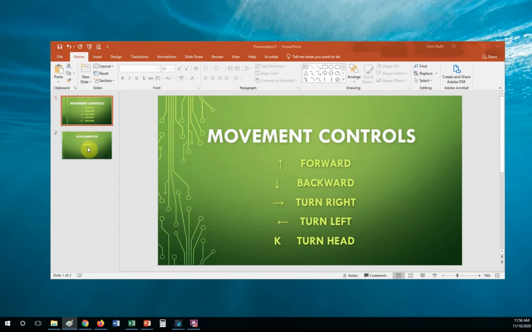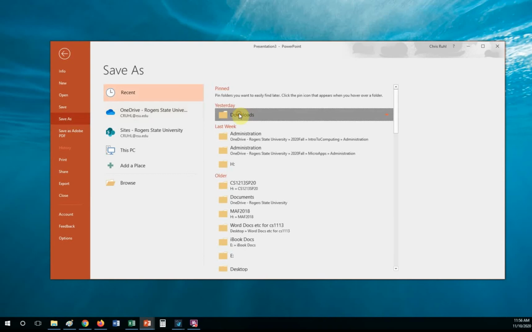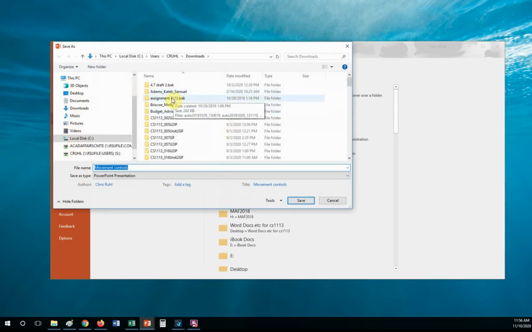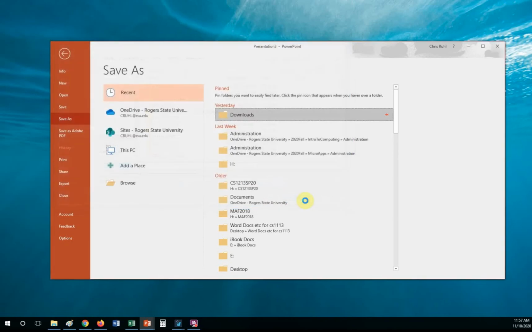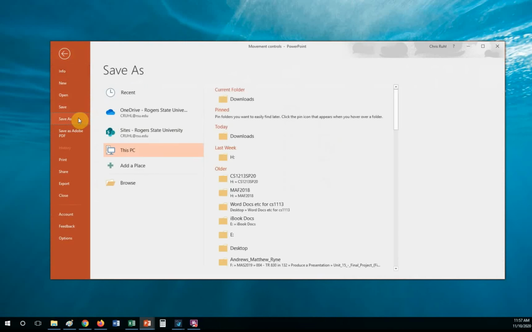I've got two slides. I've got the movement controls selected right now, and I'm going to do a File, Save As, and I'm going to call it Movement Controls. I've already saved it, so it's going to tell me, nope, it didn't. Oh, because I saved it as a PowerPoint. This is critical. If I go to Downloads,